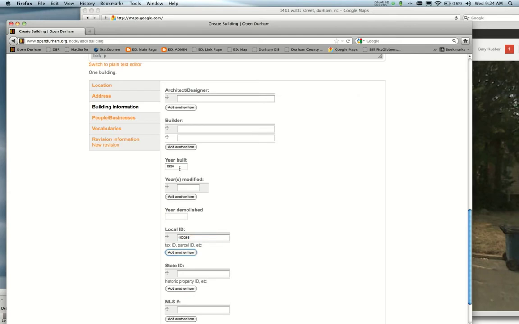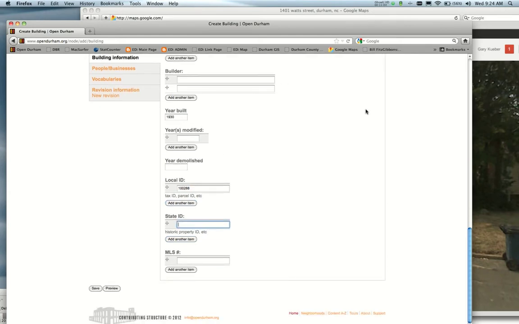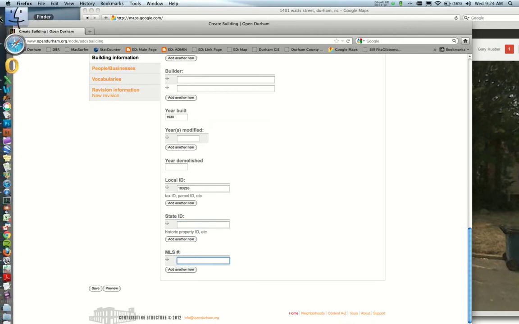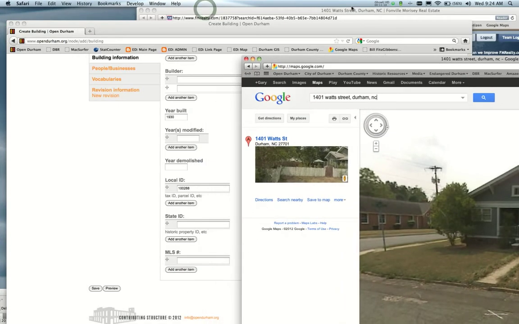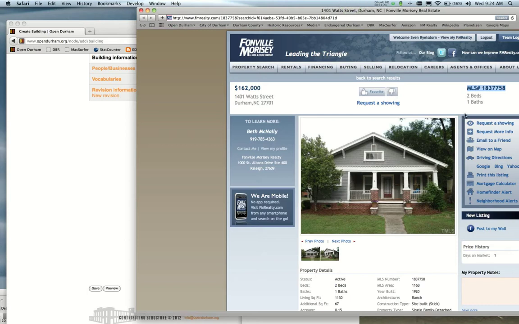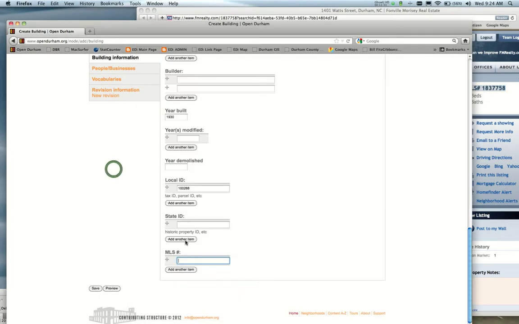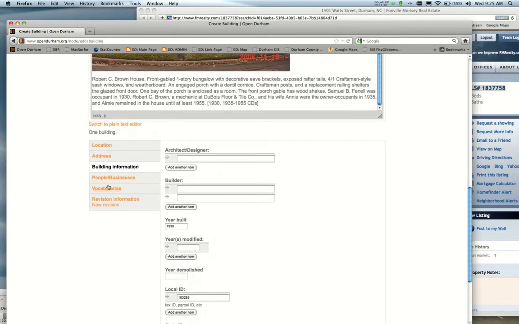Here's that local ID I added in. There's a state ID for historic properties as well that we could add in from that database. And this one happens to be on the market with an MLS number. And I want to be able to tie that in too, just in case we want to direct folks looking for the house to this post to get the history of the house. So I'm going to copy the MLS number here, and you can use any realtor website. I just want the number, not this other stuff. So I've got that MLS number in. And again, you would only do that if this was a house that had an MLS number,